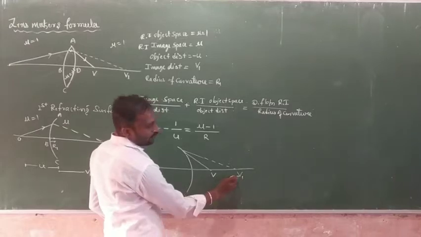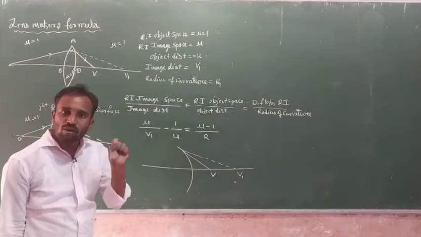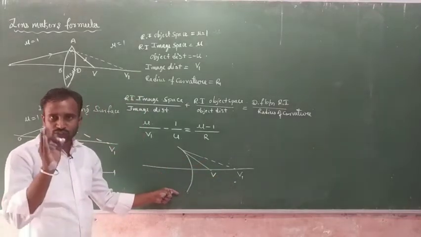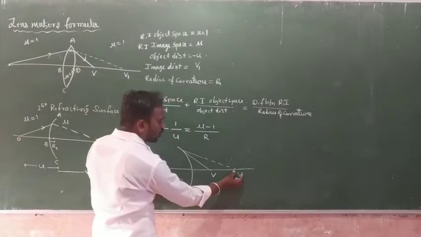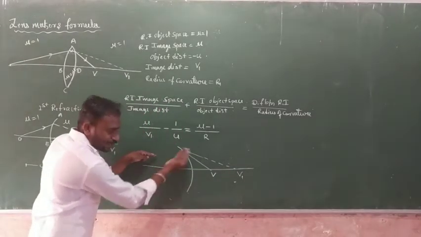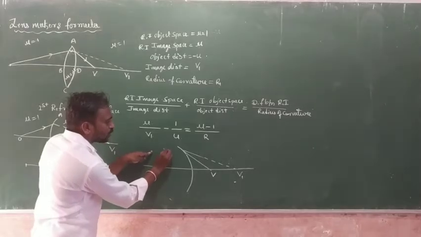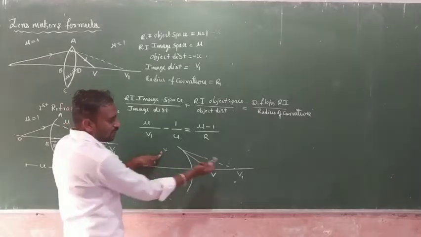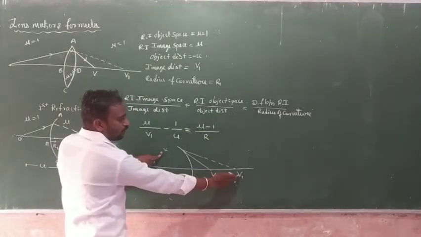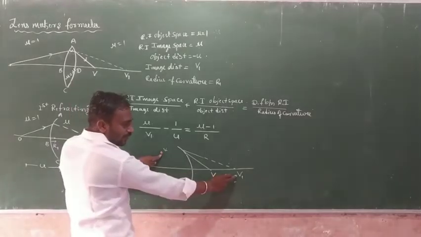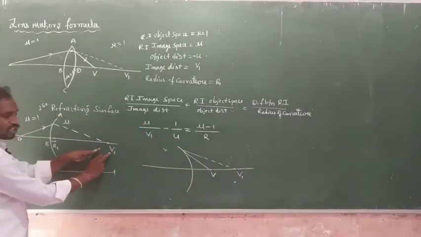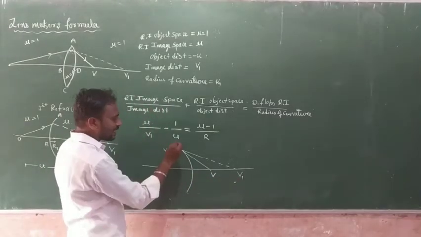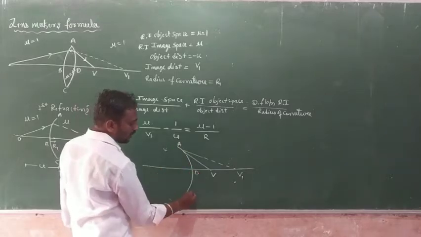Okay, so this V1 we consider a virtual object. V1 is the virtual object for the second surface. If you imagine that this virtual object is present on this side, somewhere here, suppose V1, it means this image is present in a glass media. So this image is nothing but a virtual object for the second surface. This one is the image for the first surface, and V1 we consider the virtual object for the second surface ADC.